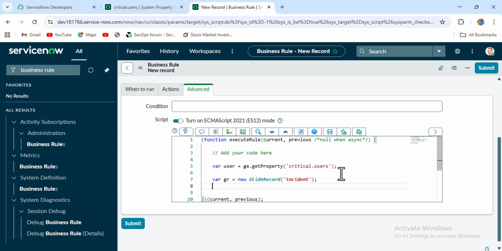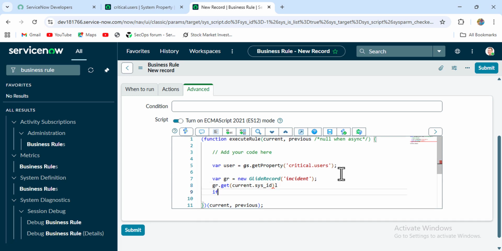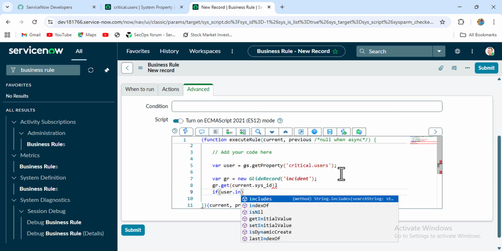new GlideRecord incident. After that it will be applicable for the current record, so gs.current.get(current.sys_id). After that, what we need to check is whether that property has the incident creator or not, like who the creator of the incident is, and whether that user id is available in this property or not. We have to check it out, right? So for that we'll check user.indexOf